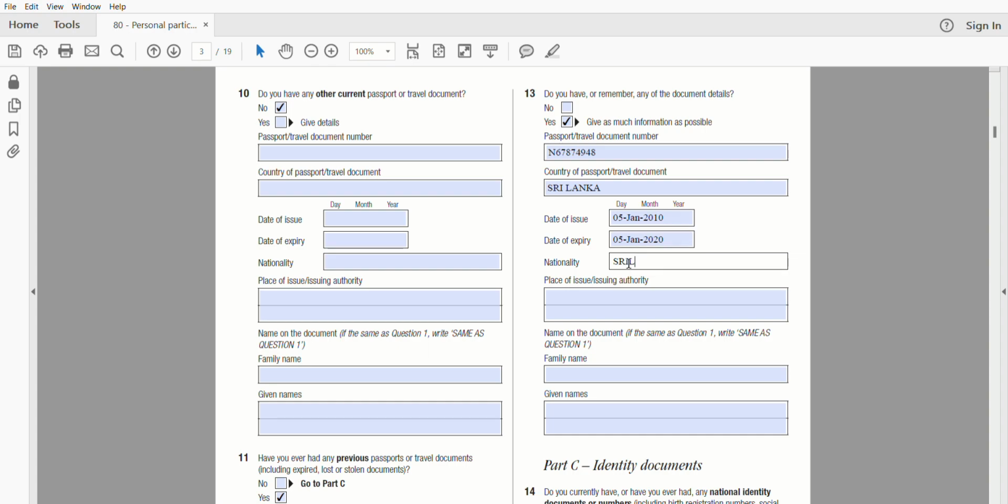Nationality Sri Lankan. The place of issue would be Authority of Colombo. And then again, if the name is same as question 1, I'm going to type the same thing here.